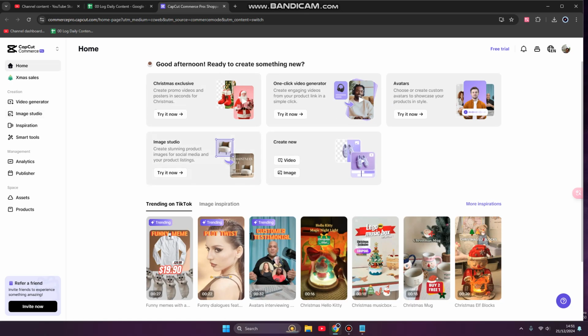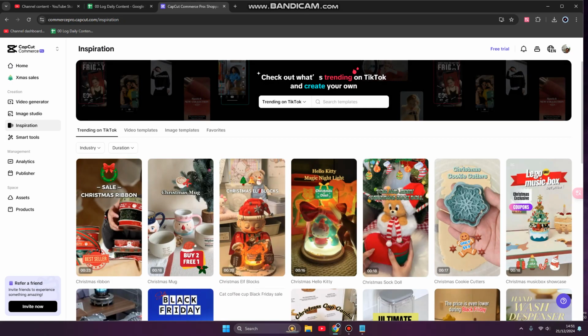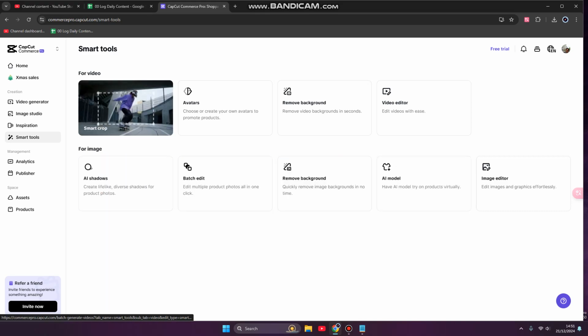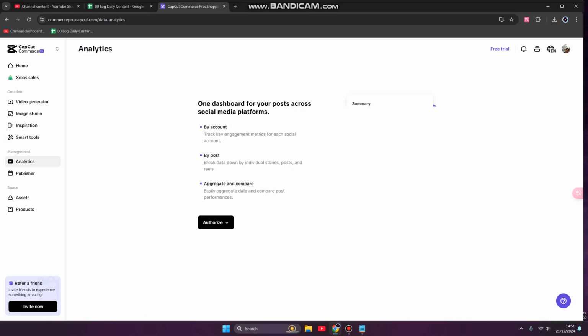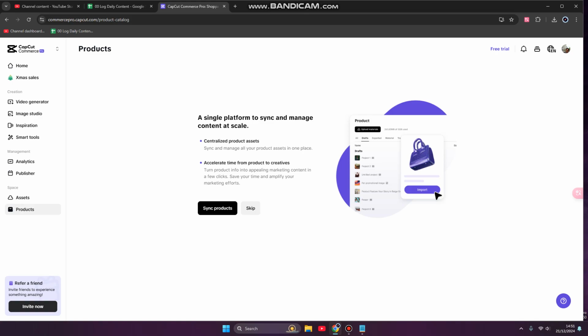and so on. There's a video generator, image studio, inspiration, trending on TikTok, smart tools like AI model, smart crop, and so on. And this is the analytics, one dashboard for your posts across social media platforms, publisher, assets, and products. And also you can invite your friends, refer friends to experience this CapCut